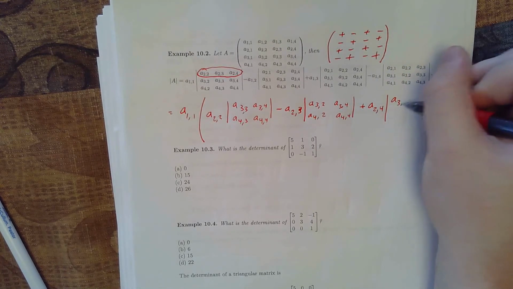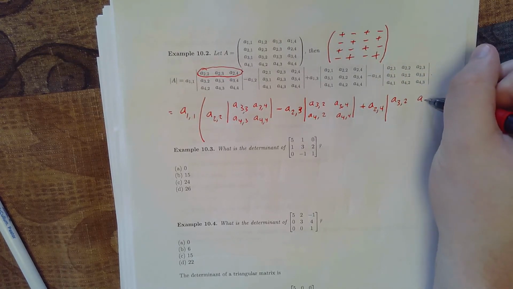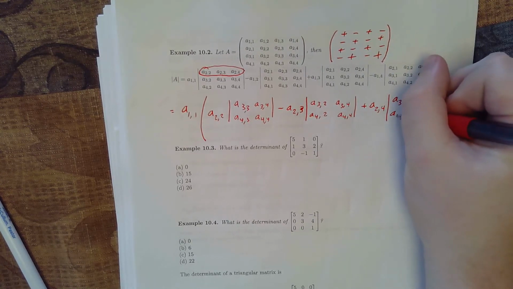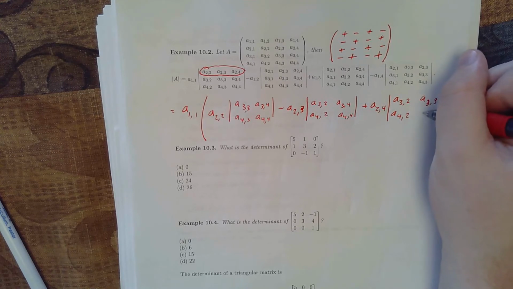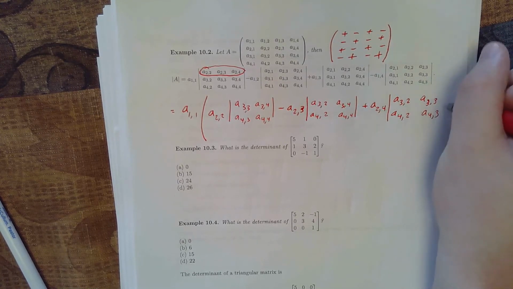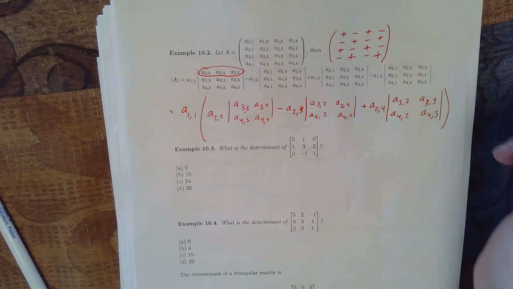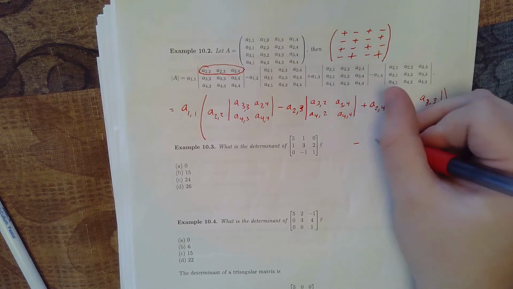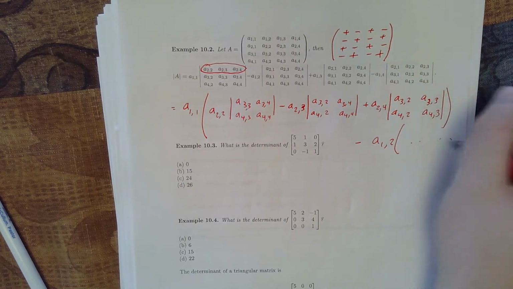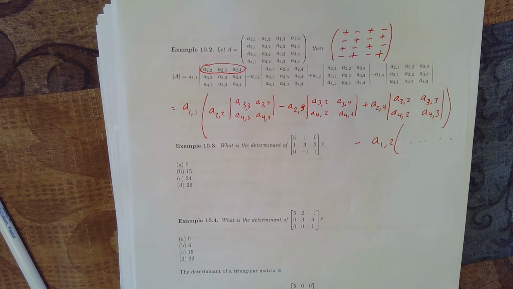Times A32, A33, A42, or rather the determinant times the determinant of this matrix, A43, minus A12 times, and there's a lot more to go on. But you see how it would be kind of a very tedious process to keep going kind of beyond a